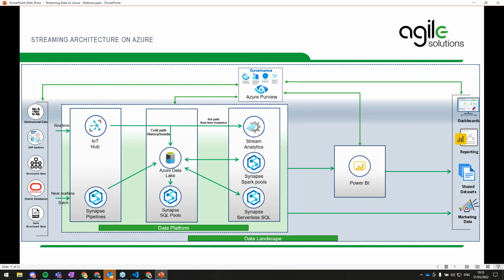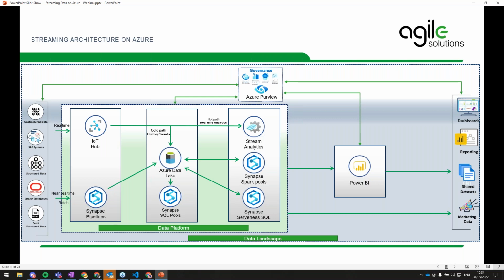But for data that needs to be consumed at real-time or at very low latencies, we have functionality to consume that as a streaming data set in the real-time paradigm. And for that, we can use either IoT Hub or Event Hub. We have elected to go through IoT Hub today. It's more relevant to the use case that we're going to talk about, but there are some core differences between IoT Hub and Event Hub that you need to make design decisions on a use case by use case basis. For our interests, IoT Hub is the most appropriate because it allows us very low latency communication and a lot quicker time to live in terms of configuration.